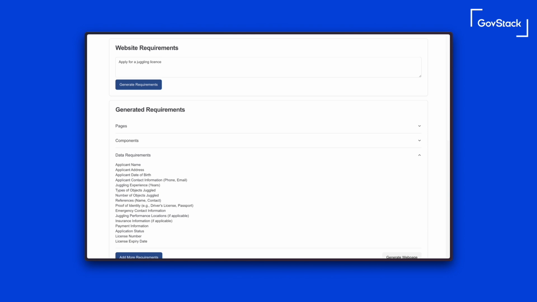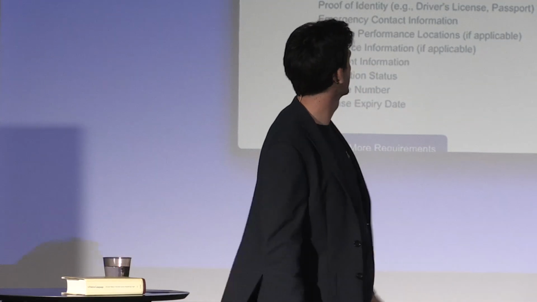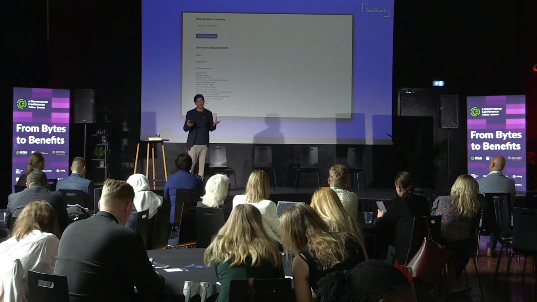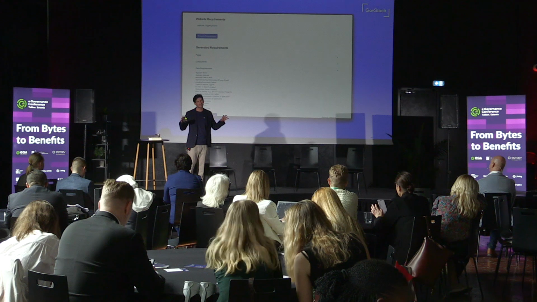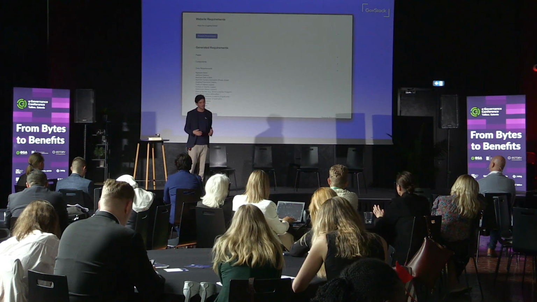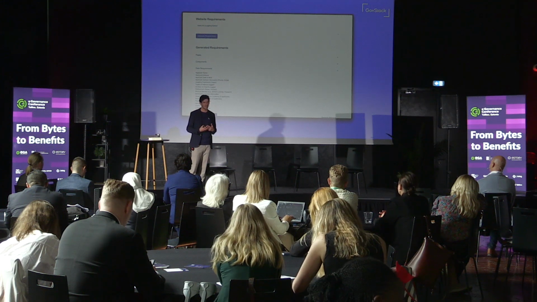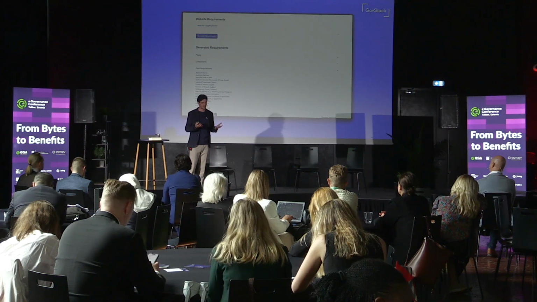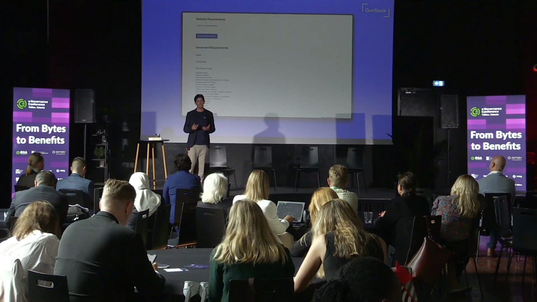So I think this is interesting. It's kind of defining requirements. And what you can also see is it's got a tab for pages and components. So it can look at the patterns, look at this potential pattern registry or library and say, okay, here are some existing patterns you might use. So you can very quickly get to a prototype or a live service perhaps. And you could imagine this being a drafting tool. I think the way design is changing is